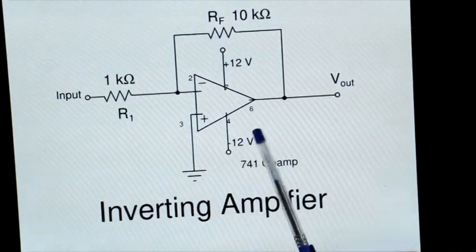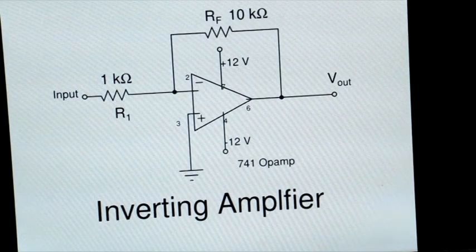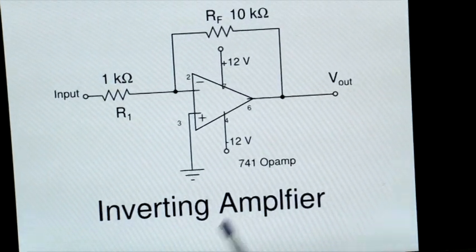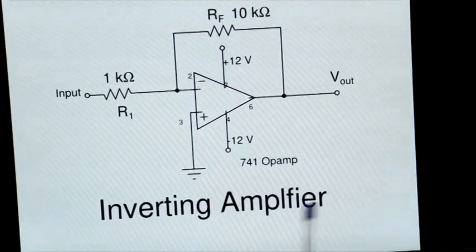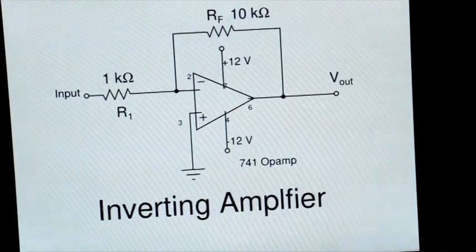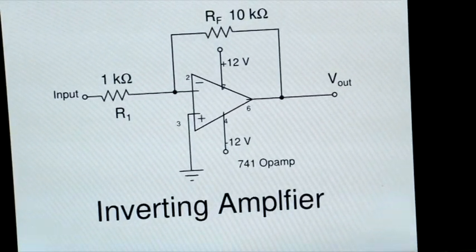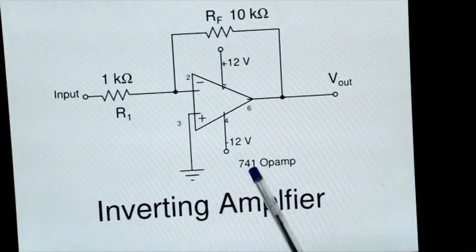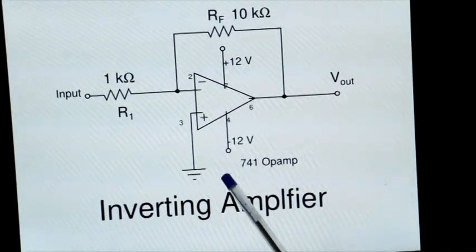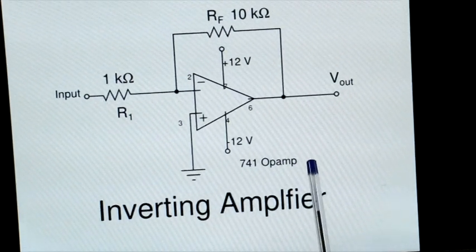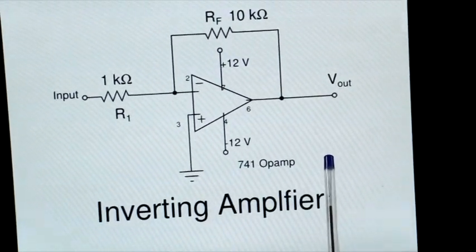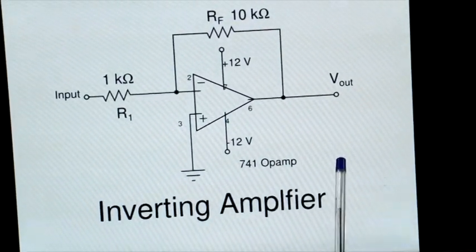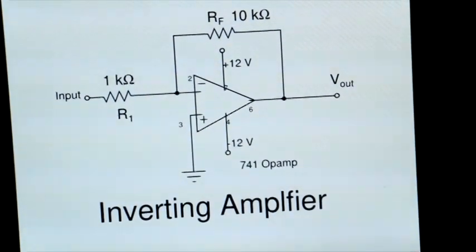So therefore, this is an excellent circuit if you want to convert a current to a voltage, and this is a very commonly used circuit whenever you have a photo detector and you want to convert the output of the photo detector, that current, into a voltage. So this is a good circuit when you want to use it as a current to voltage converter. But this is not a good circuit when you are talking about a voltage amplifier.